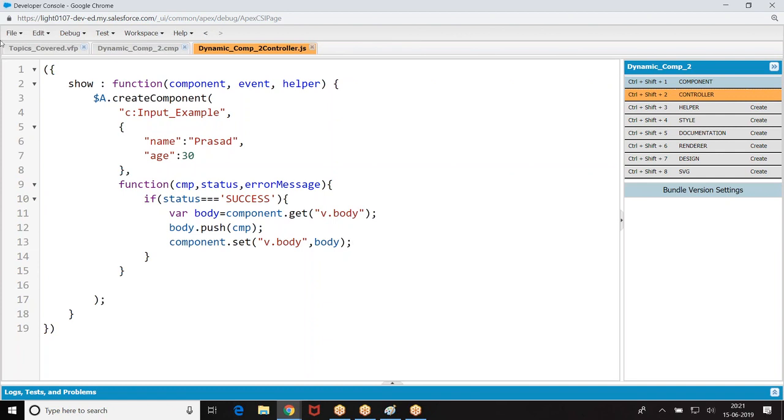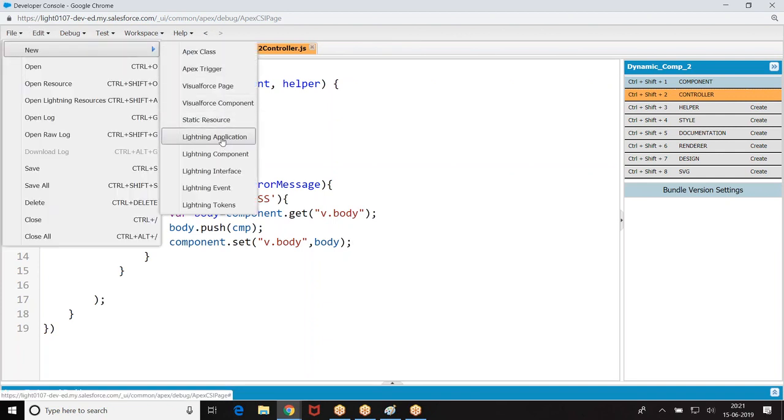So this is what I gave. I was supposed to invoke this within the application.